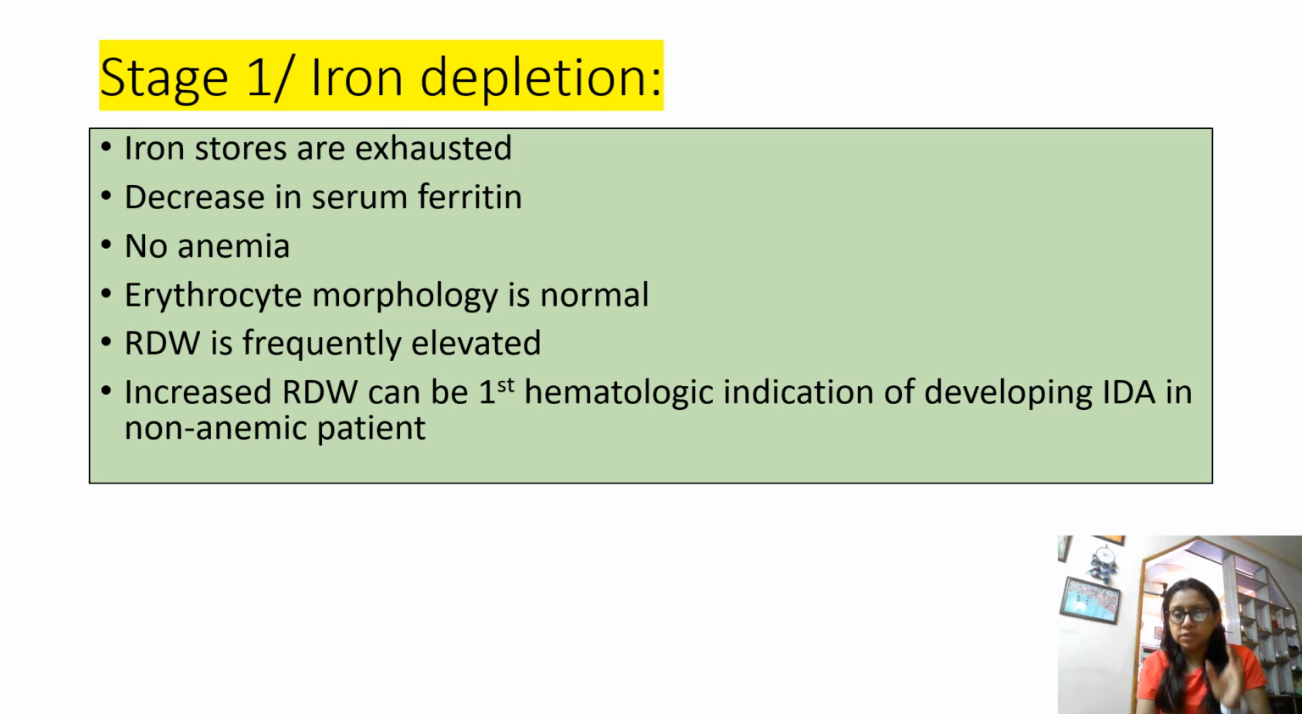You get a normocytic, normochromic blood picture. Then RDW is important. That is red cell distribution width. What does it denote? It denotes the variation in size and shape of your RBCs. So an increased RDW means there is some change in the shape and size of your RBCs. So if RDW is increased, that can be the first hematologic indication of developing iron deficiency anemia in